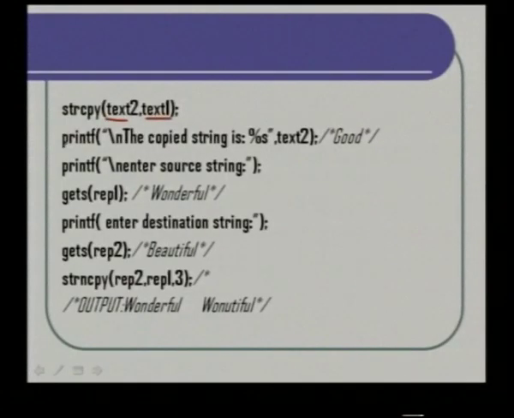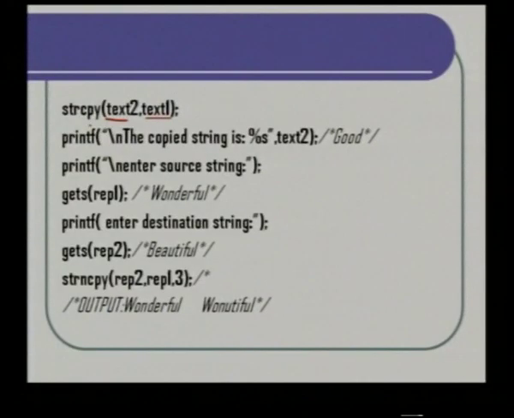So for that reason I should display text 2 and see whether it is the same as text 1. For that I am printing f, the copied string is %s, text 2. So this should print good as the output, only then what we have done is correct. Here also I am not doing anything, I am simply using the string copy function and I am copying